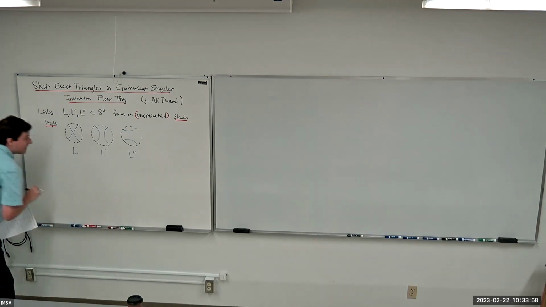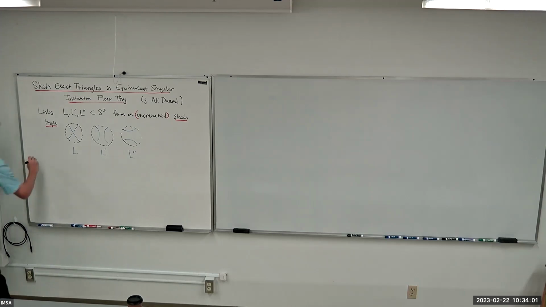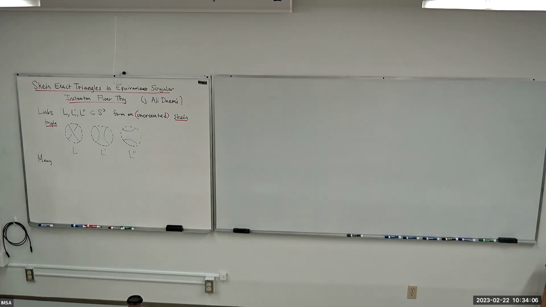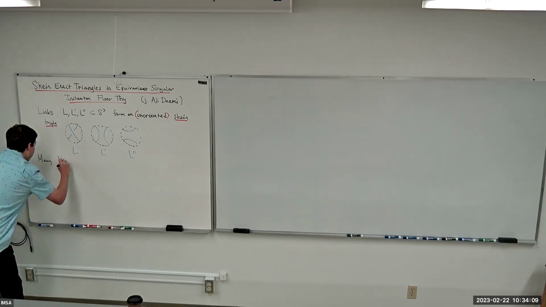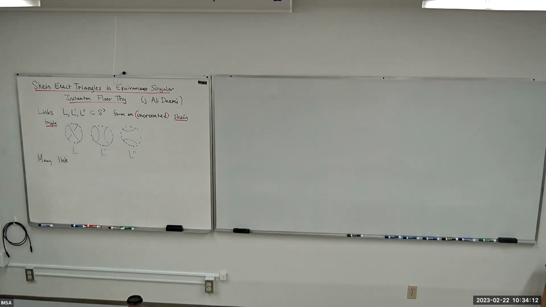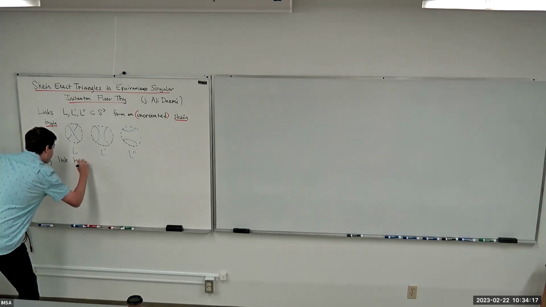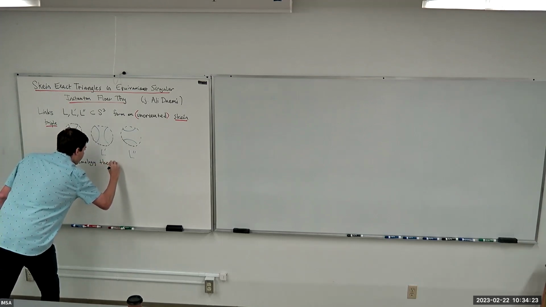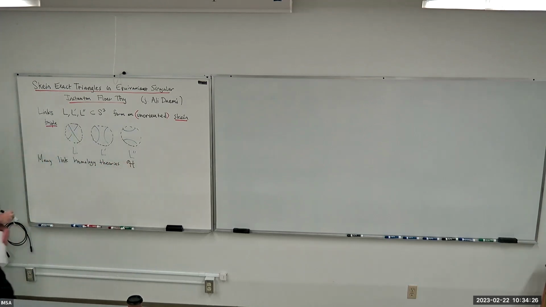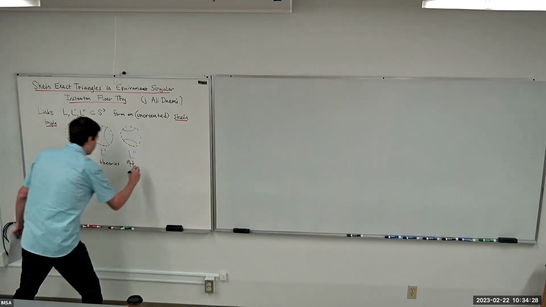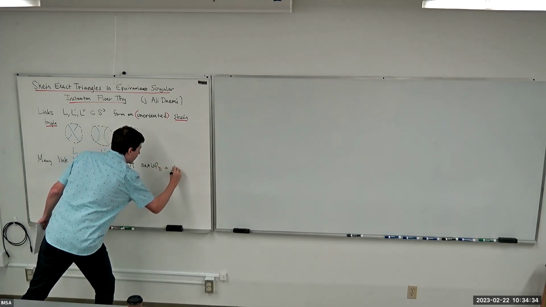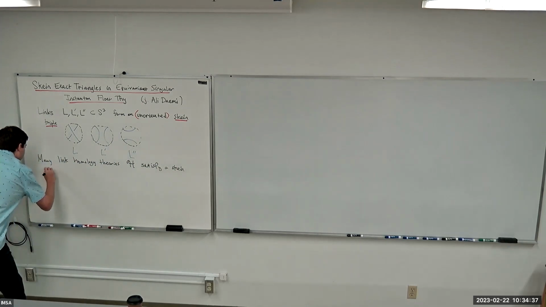And one reason I care about these things is because many link homology theories, which have become popular in the past few decades, satisfy so-called Skein exact triangles with respect to these triples. So many link homology theories, I'll just use script H for a generic link homology theory, satisfy a Skein exact triangle,